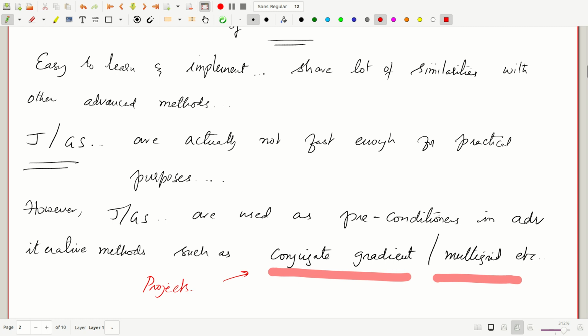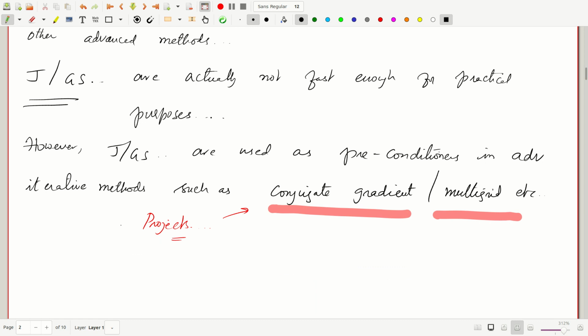If you want to implement them using either OpenMP or MPI later on, they are good candidates for projects. So these are used as preconditioners for more advanced iterative methods such as conjugate gradient or multigrid,